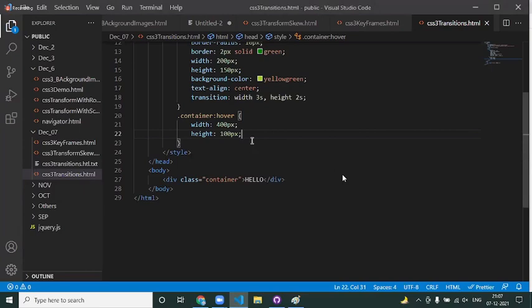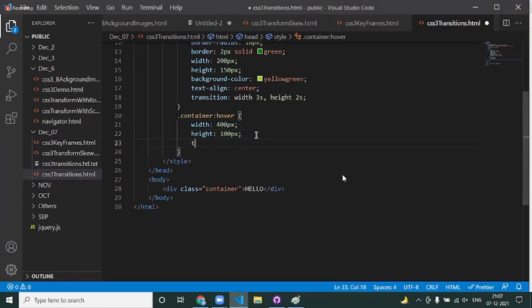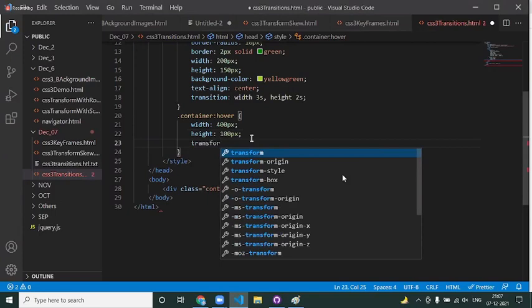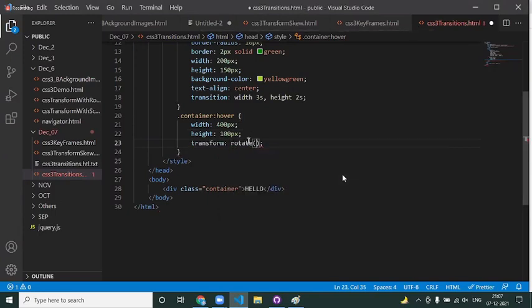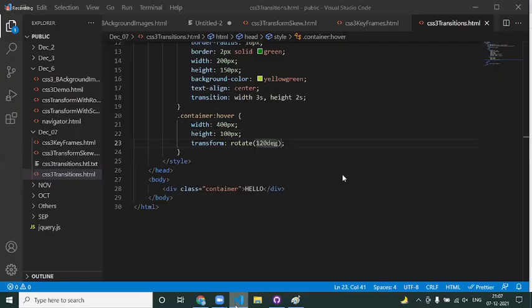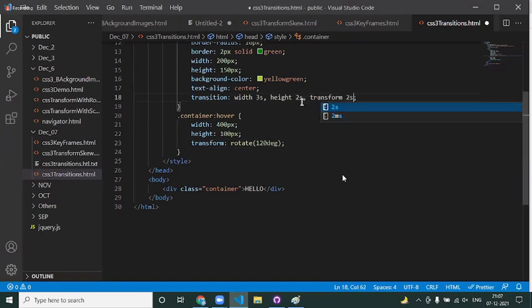Like this, any CSS property you want, like the rotate. Earlier, in order to rotate it, we were going with the animation effect, right? Now let us say transform rotate, something like 120 degrees. Now if you reload the page, when the mouse hovers, it simply rotated. What if I want to see some wow effect? I'll simply say transform, 2 seconds of time. Come back and reload the page. Now you can see the wow effect when it is getting rotated.